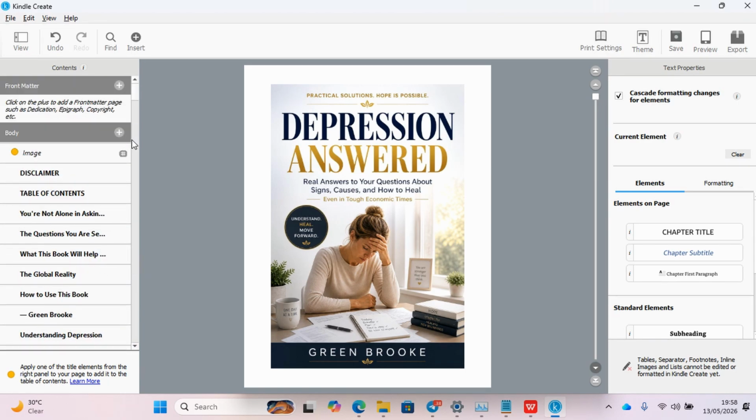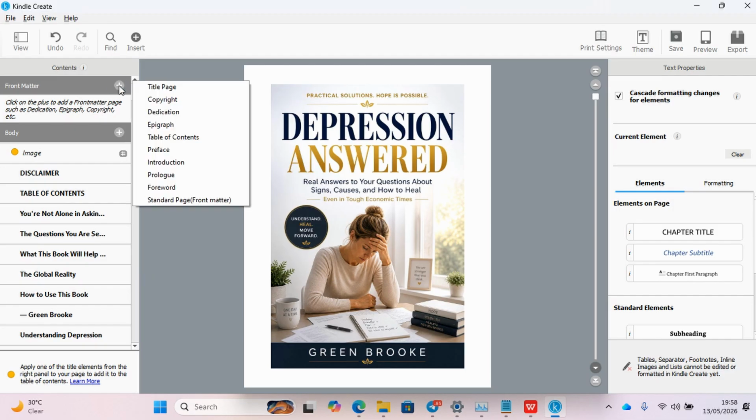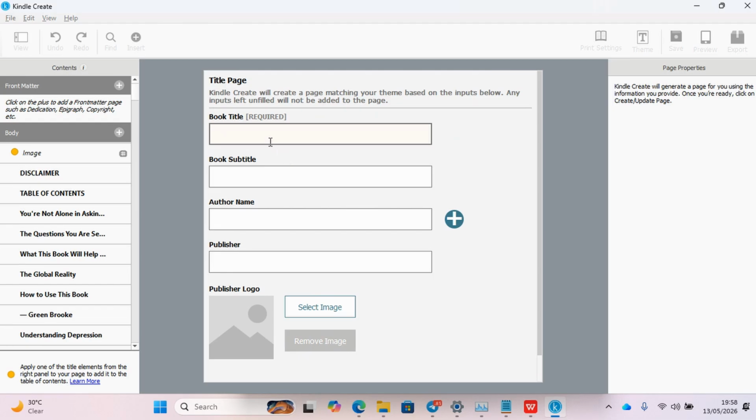So now if you want to add a front matter, you can click on this to add a front matter. The front matter we're talking about is things like title page, copyright, dedication, preface and stuff like that. So if I click on title page, let's say I call this something so that I'm able to differentiate. I call this Blue Back,